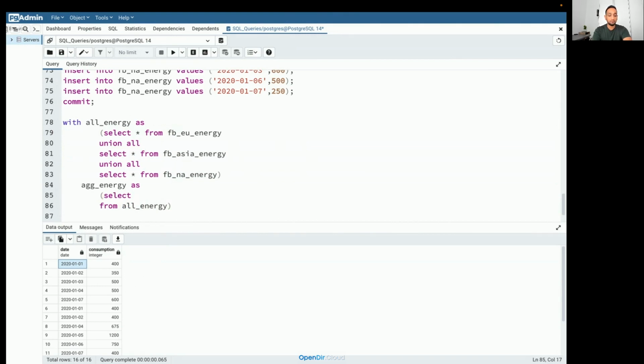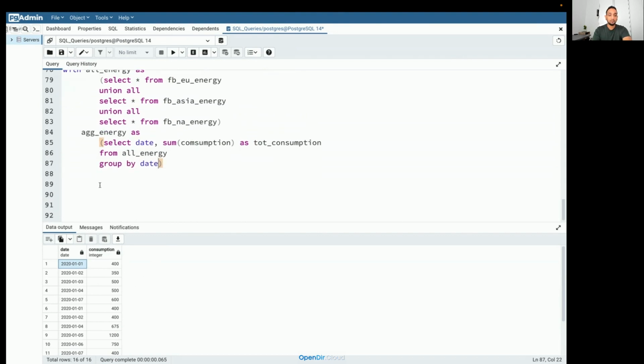Here I'm going to group the data based on date, and I'll do a sum of consumption, and I'll give this an alias like total consumption. I need to group the data with group by date. I think that is fine, and here I'll write my main query, select star from aggregated energy.